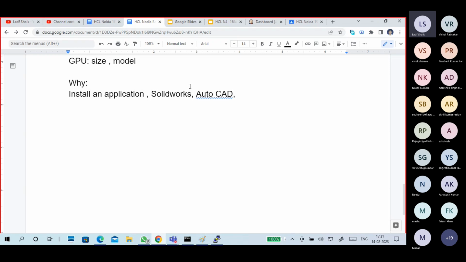I also install games here, like COD, and I am running virtual machines. So in that time, guys, I must know what my system configuration is.